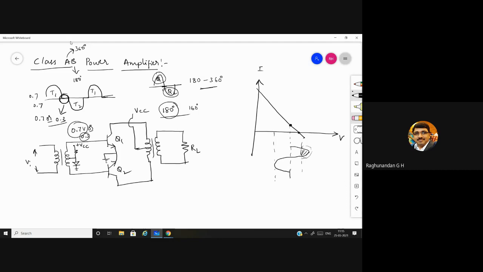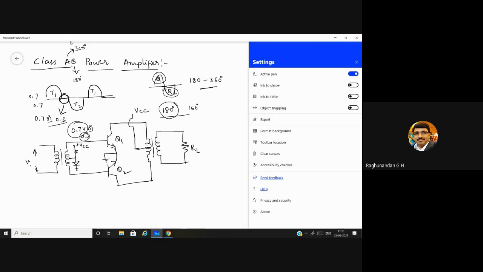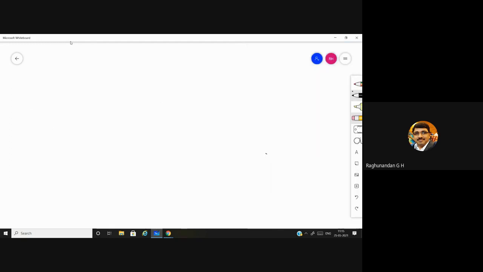There are actually three types. In one case, you are using a single diode as we discussed here. In the other case, you are going to use a potential divider circuit. And in one more circuit, we are going to use two diodes instead of a single diode. Let us see now the complementary push-pull amplifier with the potential divider circuit and as well as with two diodes.